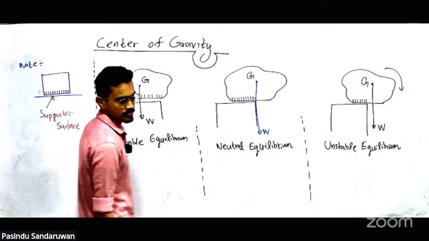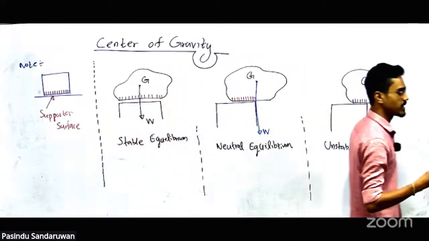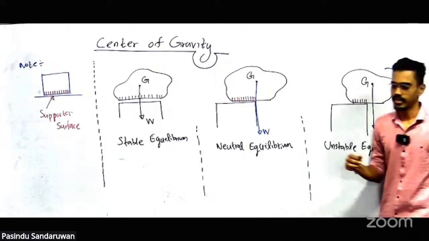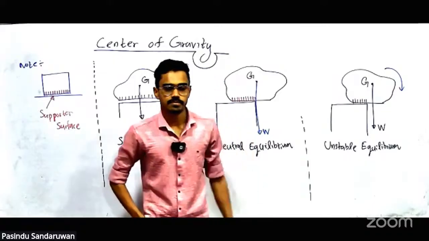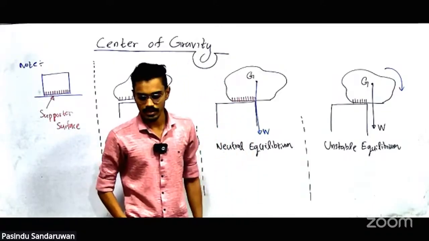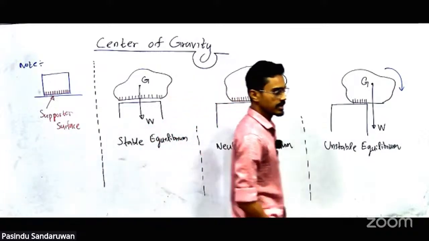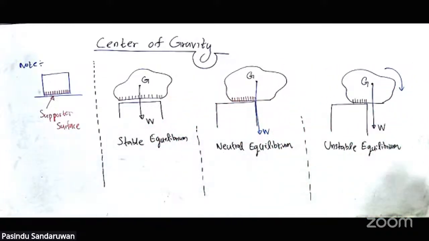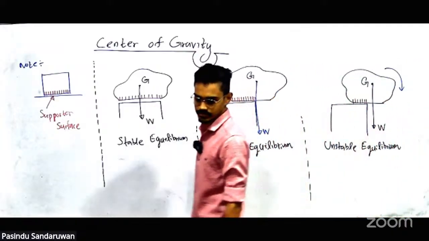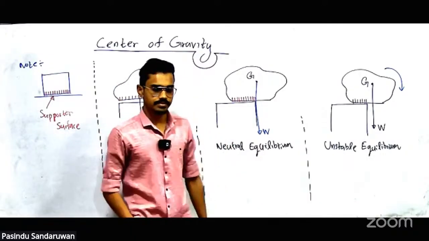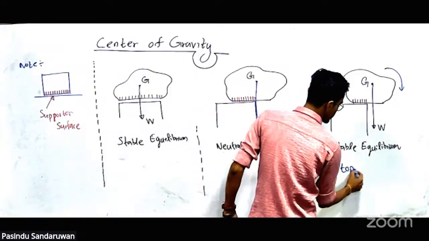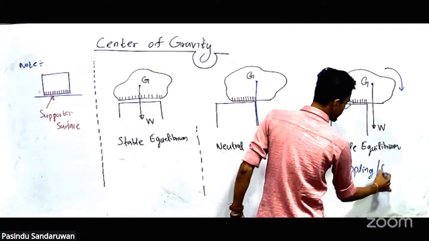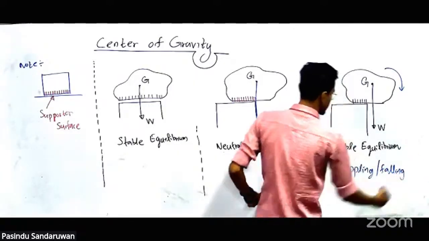Write down: in order to keep an object in equilibrium without toppling slash falling,